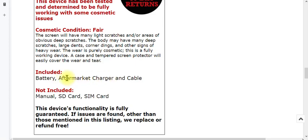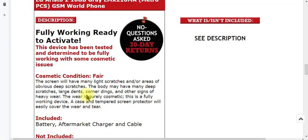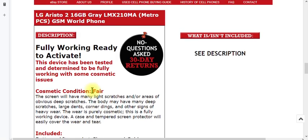I don't care if they come with these aftermarket chargers and cables. They're usually just these horrible, cheap Chinese things. When I bought my Samsungs, they sent me a bunch of these cheap chargers that I tried using for other things, and they wouldn't work. I even tried them on the S7s, and they shockingly sent me a refund because I had bought with them before. So that's actually